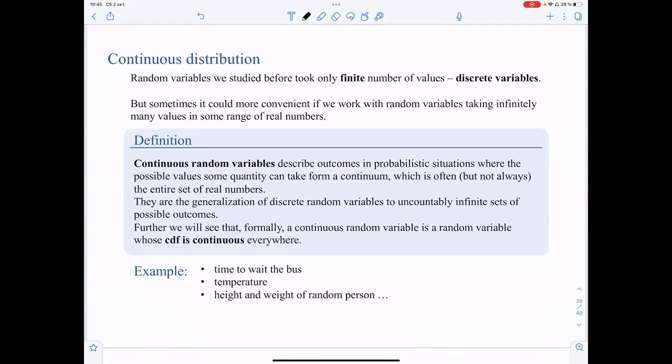And in comparison to the discrete one, I should say that the distribution of discrete random variables was usually presented by the marginal probabilities, by the probabilities of precise outcomes. And now we are going to introduce the concept of cumulative